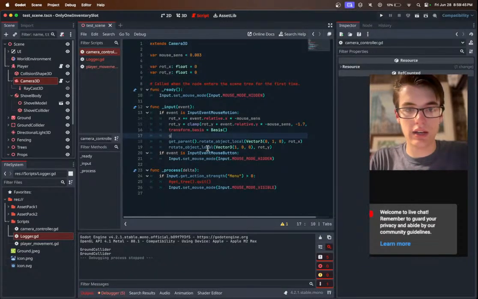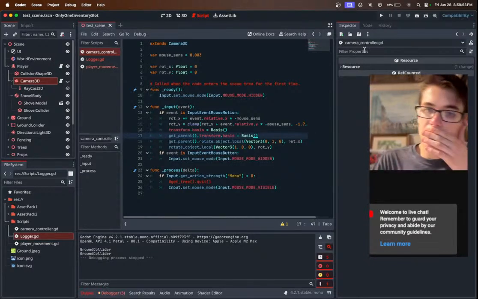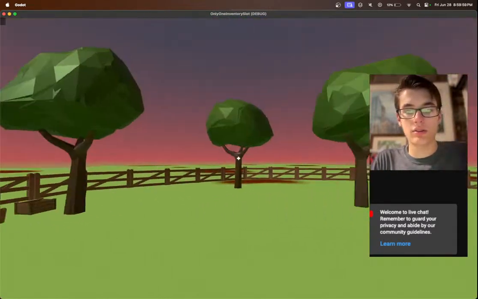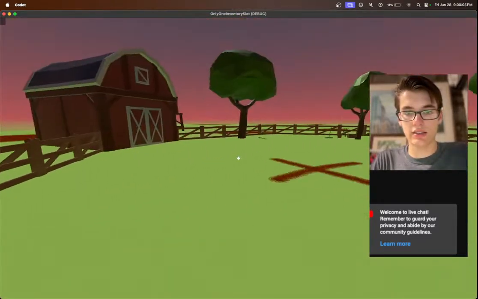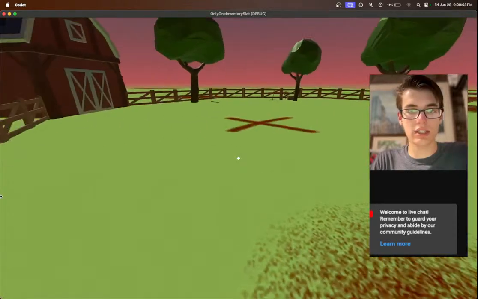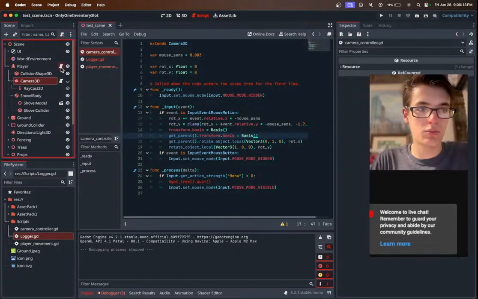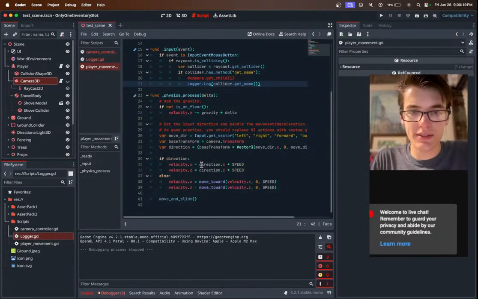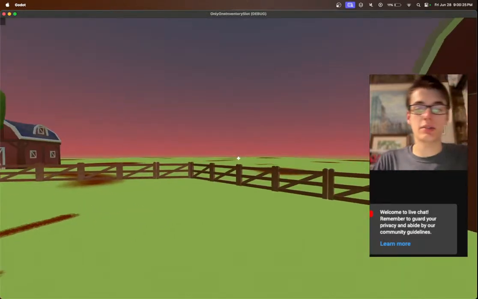Yeah, it's not quite working right. I think if we do get parent dot transform dot basis equals basis, then we can hopefully pull off the X rotation. Excellent, excellent. So now, I mean, it looks no different, which is perfect, but now the player is actually rotating on the x-axis, and it feels a little different because currently we're using the camera to decide which way to move. So we need to return to using the player to decide which way to move. So let's see, in physics process, base transform is just going to equal transform, and then we'll move based on that. So again, now we are